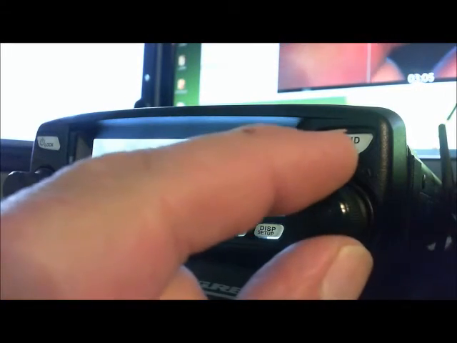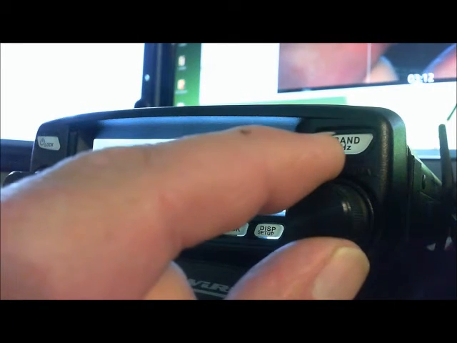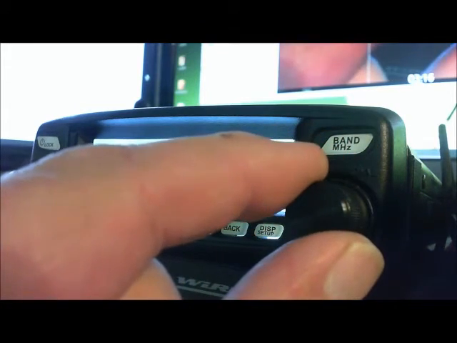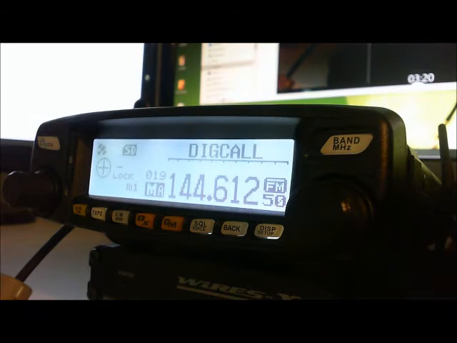So what I'll do is I'll find the calling frequency on this highly essential programmed radio, and I'll show you exactly what it can do. There we go, there's a digital calling channel, 144.6125. If I press the WiresX button on this frequency, the node radio is actually listening for it in